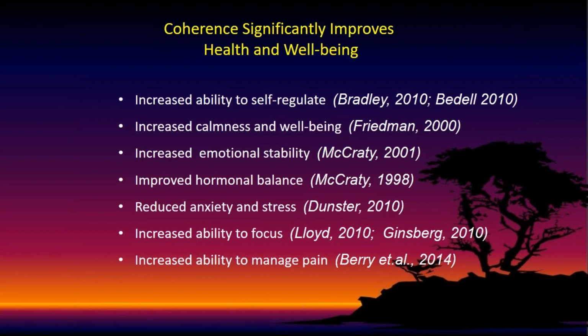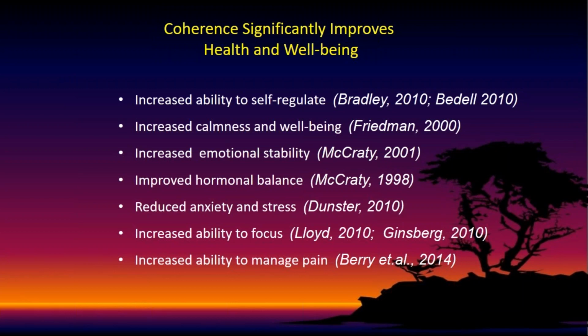So, some of the studies show that coherence significantly improves health and well-being. As you can see, lots of studies have been done here; these are just a few of them. But coherence through the HeartMath solution basically increases our ability to self-regulate. What we're talking about is the ability to bring our emotions into a regulated place where we're not being overwhelmed by our emotional world, or by the stresses and anxieties we're experiencing, and we get to a place of increased calmness and well-being,